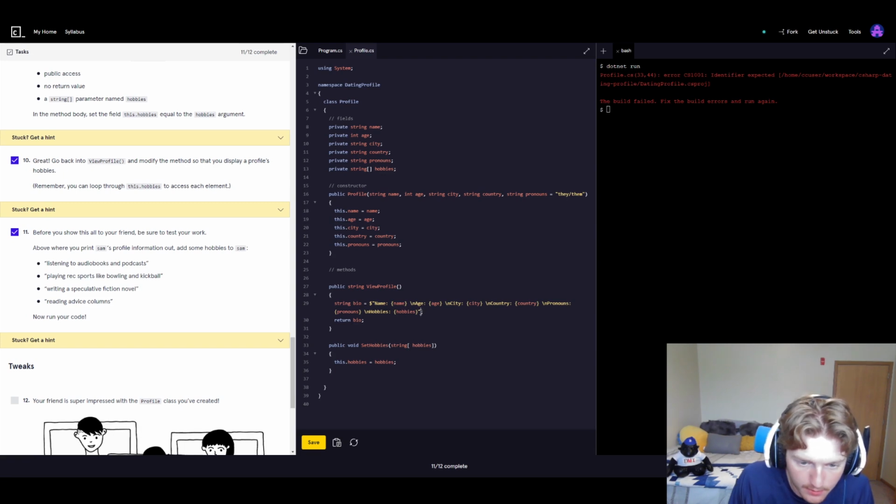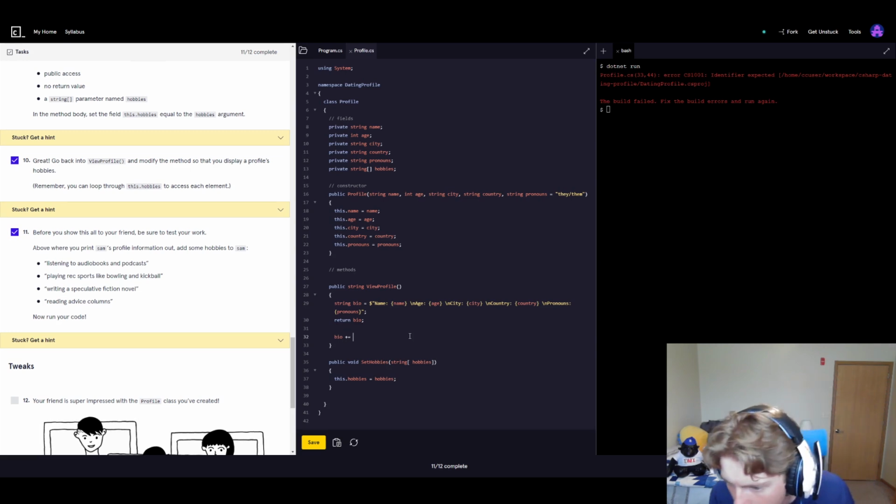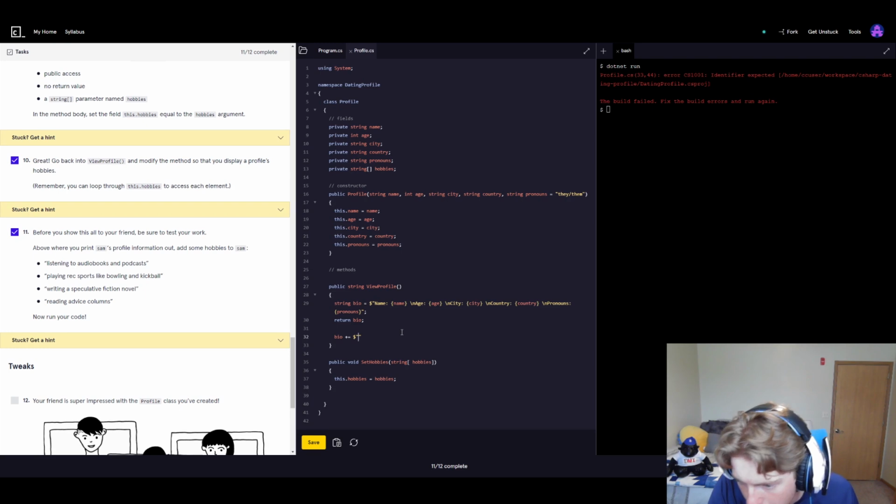So in here, instead of doing this, he will instead do something like bio plus equals, let's see what he actually did here. Bio plus equals string interpolation into a quote that says